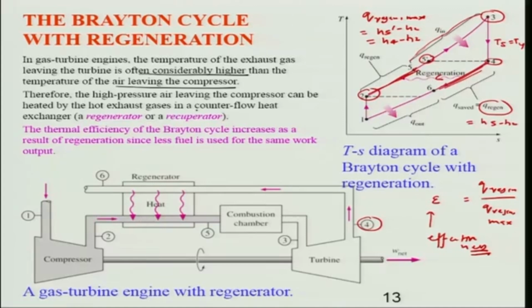So note that this particular regeneration is useful only when exhaust temperature is higher than the compressor exit temperature, okay. So as we can clearly see, there are many ways to enhance the efficiency of a gas turbine,